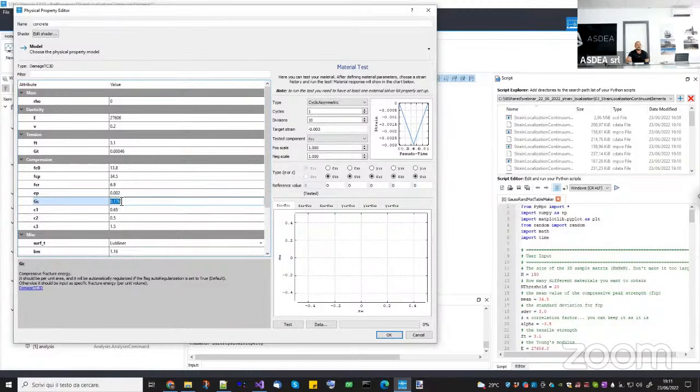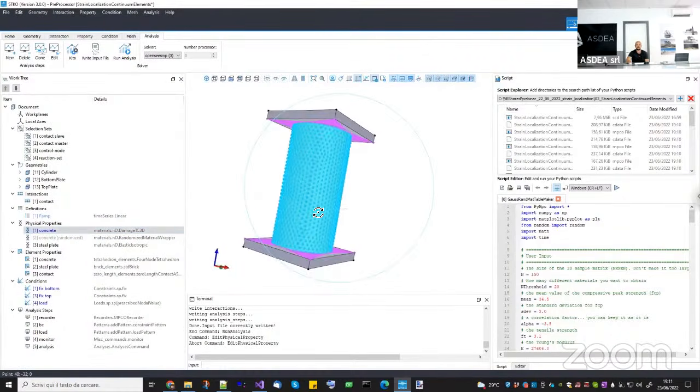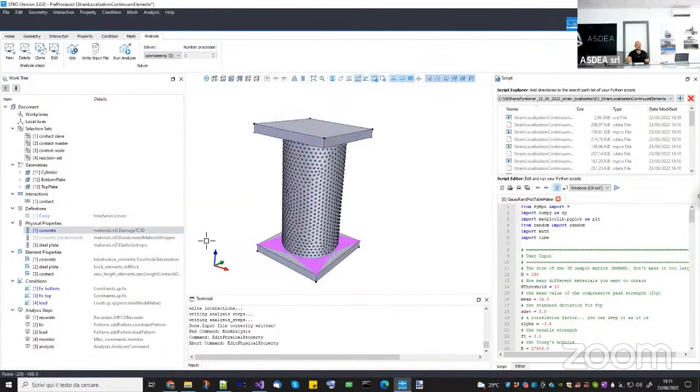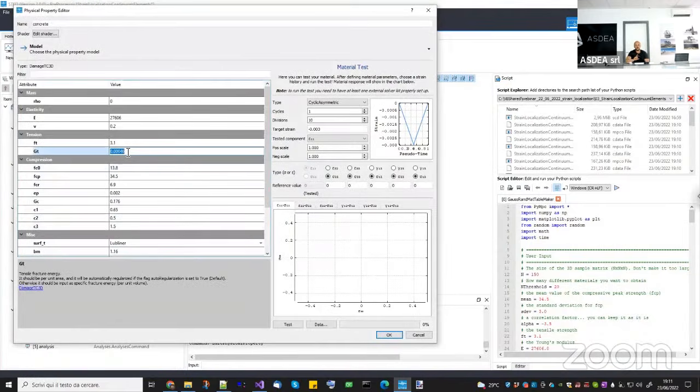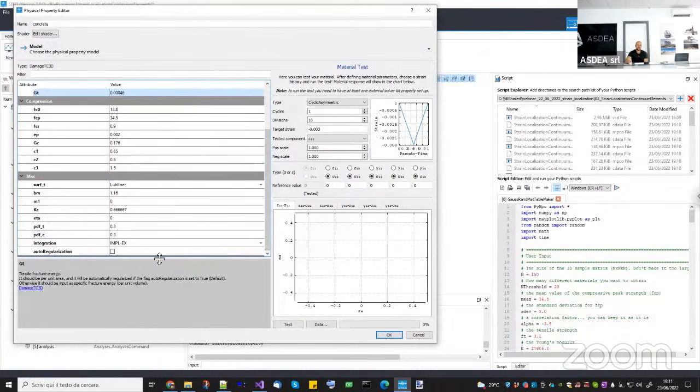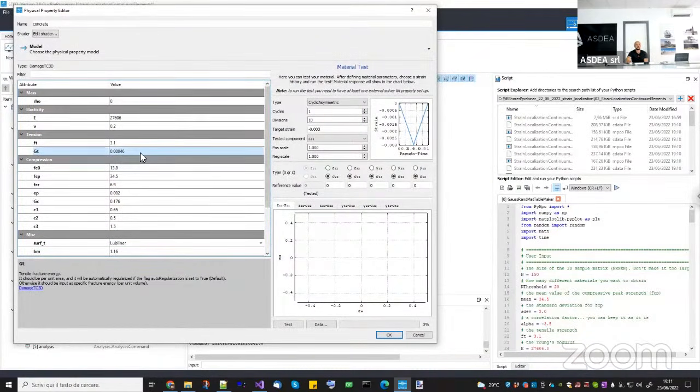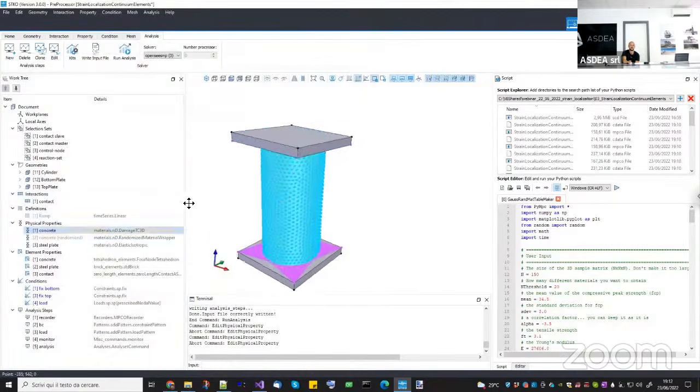Okay, so I cannot put it as it is here because I can obtain a good result only if I have one element through the height of the specimen. But of course, this is impossible. So what I have to do here instead is to take the specific fracture energies, which is the fracture energy specific to the specimen. I convert it to the real fracture energy, so which is not specific to anything, and then I perform the automatic regularization. This one will basically make the real fracture energy specific to my finite element size. I don't know if it is clear, but what I need to do is actually this. So if I switch off this one,